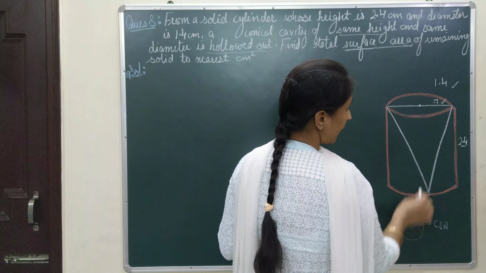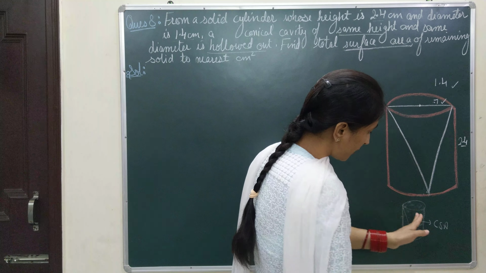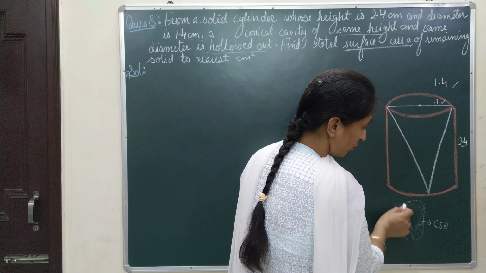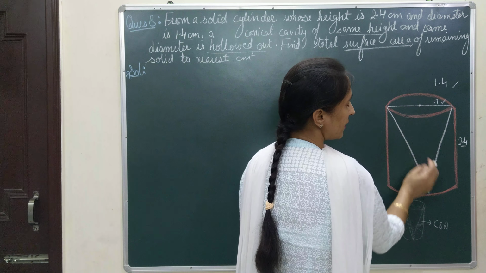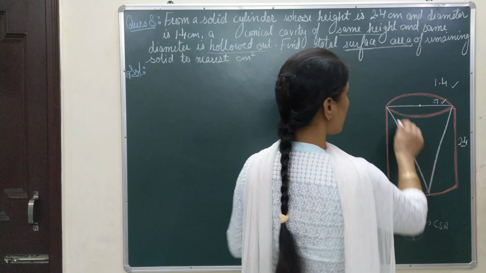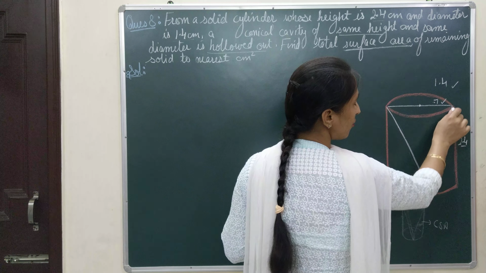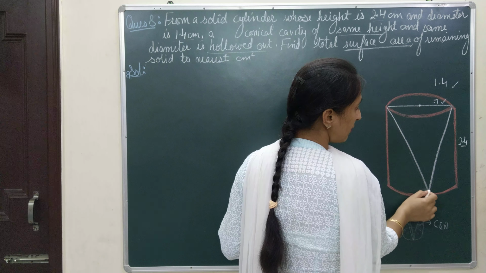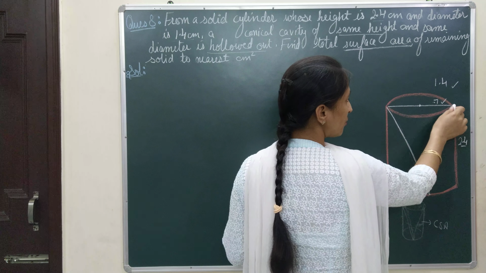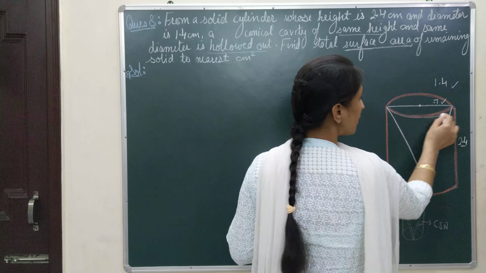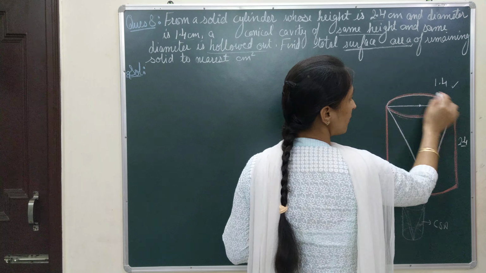Next, when a cone is formed, you can touch this cone also. You can touch or paint this cone also because there is nothing inside. Now it is hollowed from here, so you can touch this part also, and this part is the curved surface area of the cone. Where it is emptied, it has formed a curved surface area. Now why curved surface area? Why are we not taking the total surface area of this cone? That means why are we not taking this circular region?